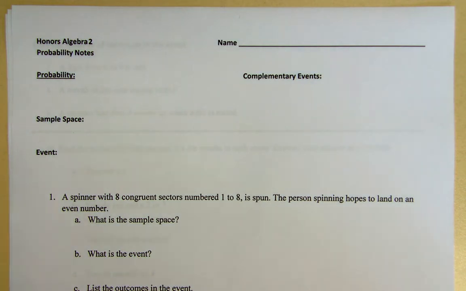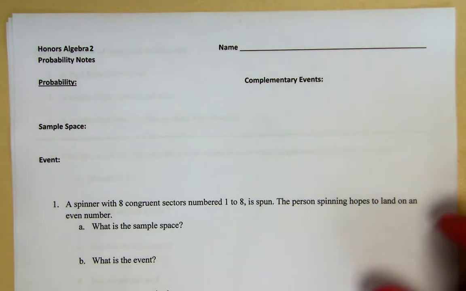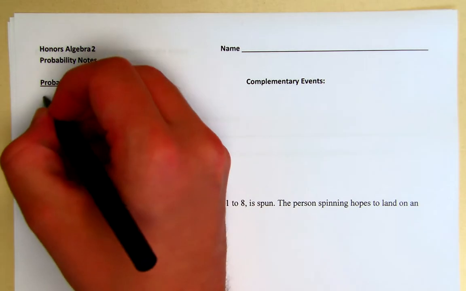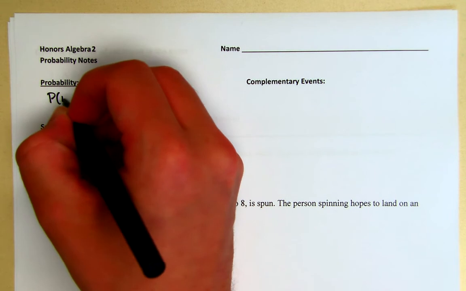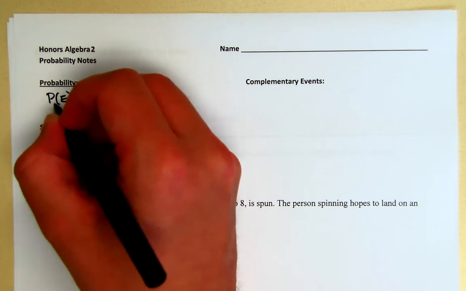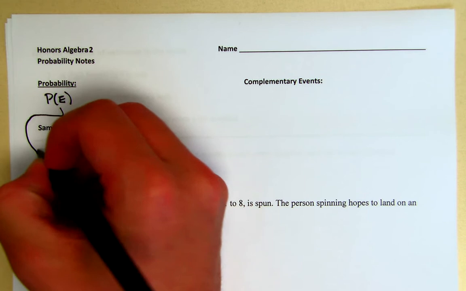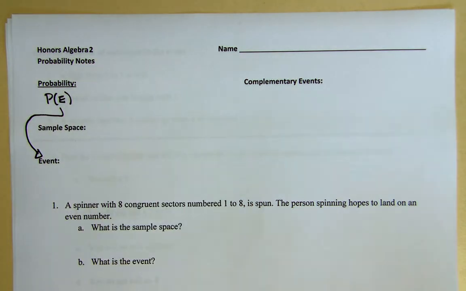Alright, so far in this chapter we've talked about how many ways something can happen. Well, now let's talk about the chance that something happens. So we're going to talk a little bit about probability in this section, which some of it will be review, some of it will be kind of new. So probability of something is represented as probability of the event. So E, again, is an event, which I'm going to get back to in a second.